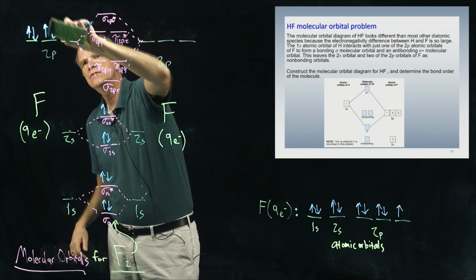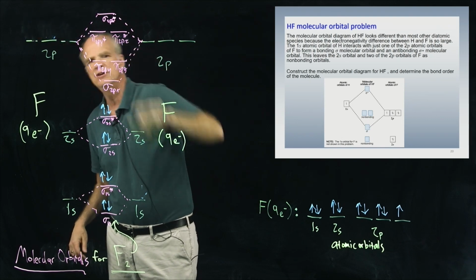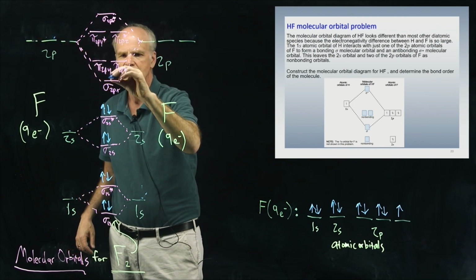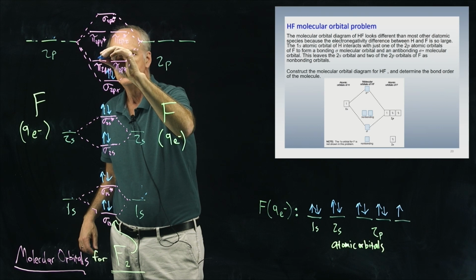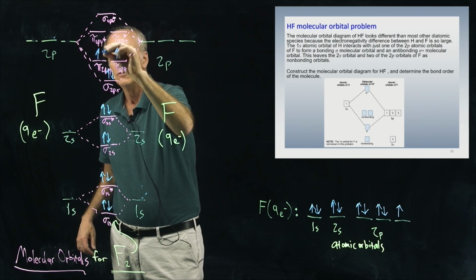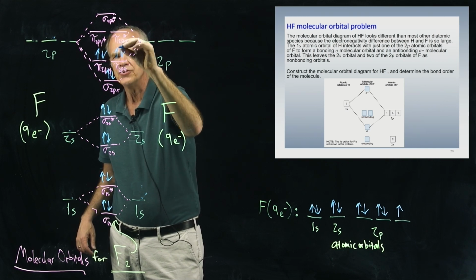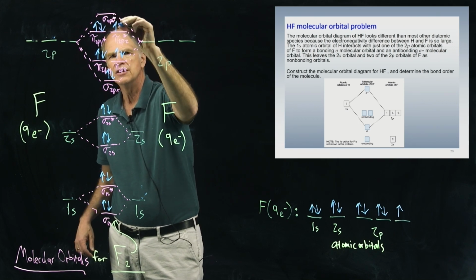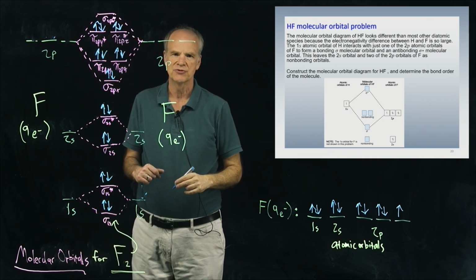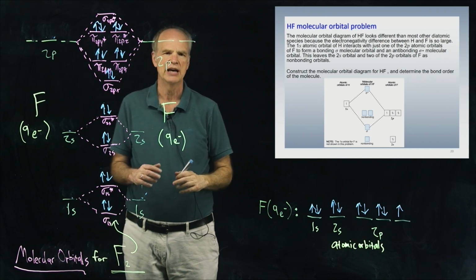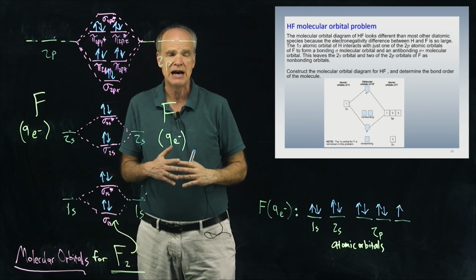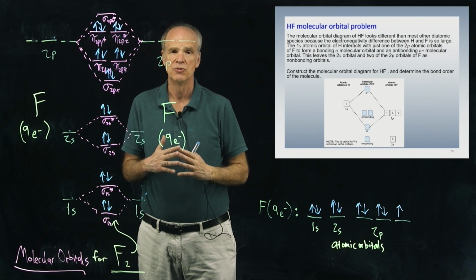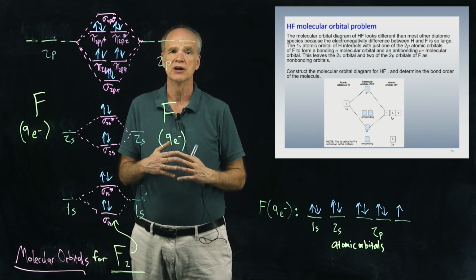So erase these, there we go. Okay, 10 electrons, here we go. 2, 6, 8, 10. And so that is diatomic fluorine's electron configuration. Okay, so you see now how we get the molecular orbitals for diatomic fluorine and how we can figure out